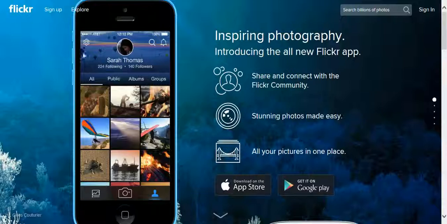So here I'm on the Flickr webpage, the home page right here, and I have some options. Hopefully you can see my cursor on the video, but here's Flickr home, here's sign up, here's explore. Here's search billions of photos and then sign in. And I'm going to click on explore right here because I'm going to show you how to find our class